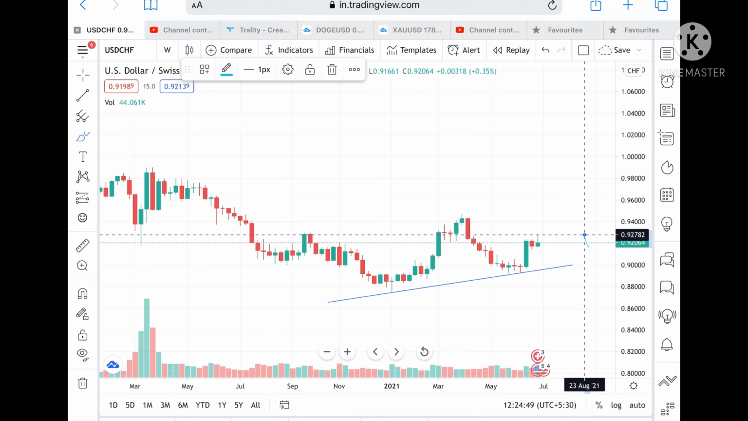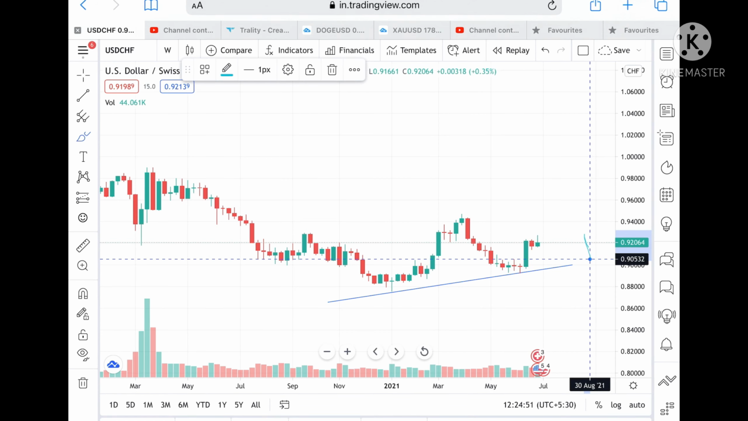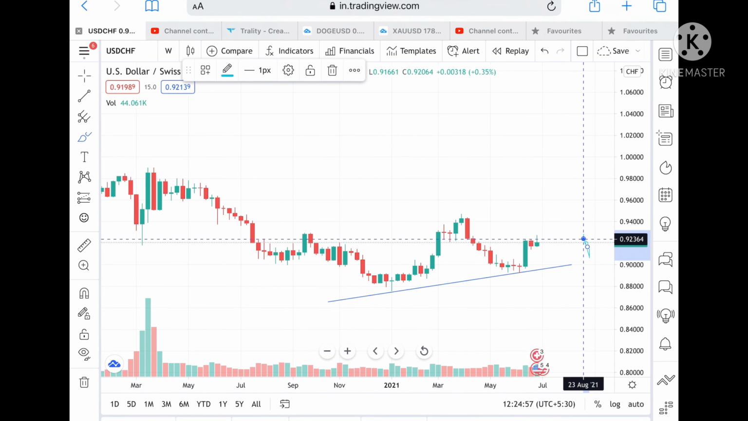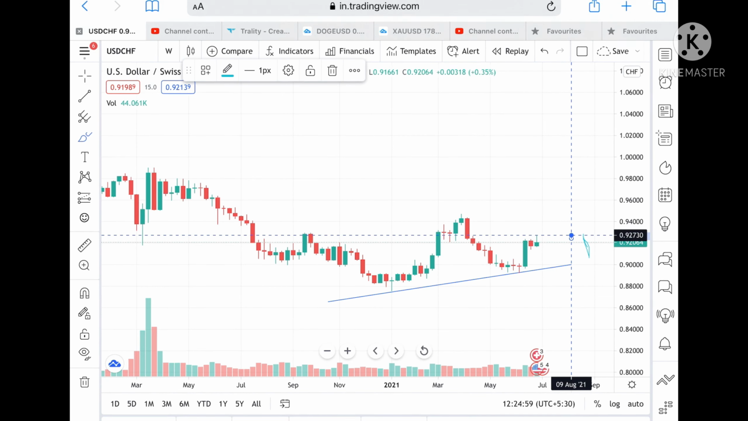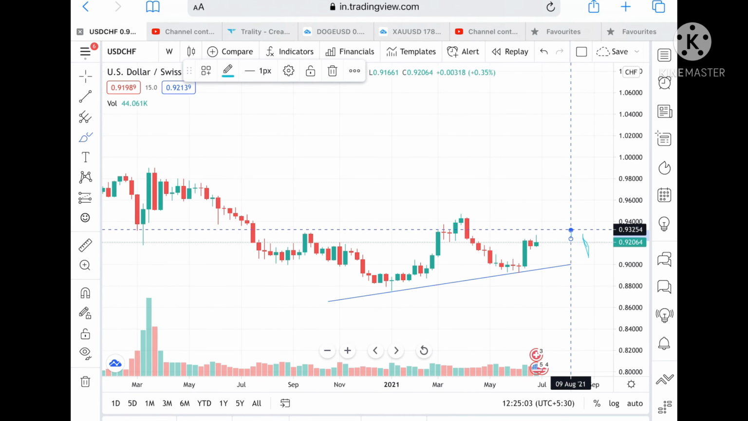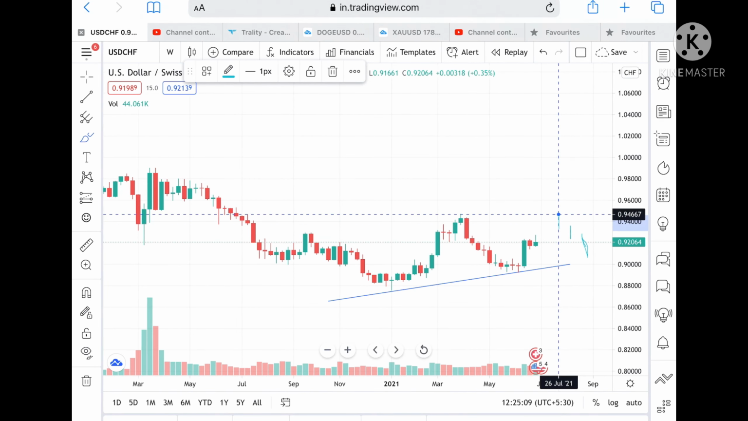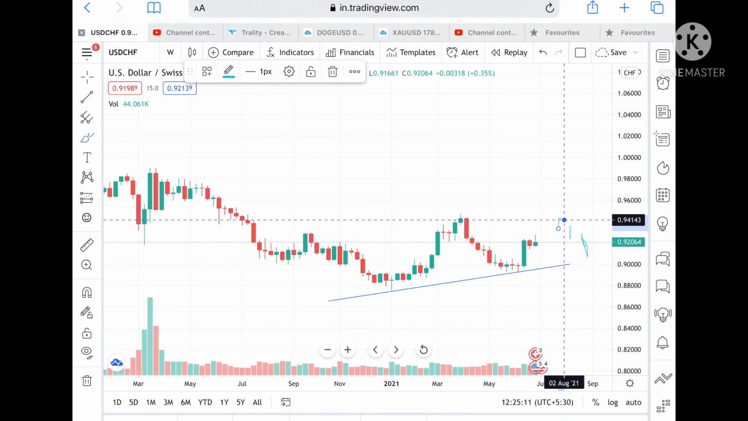Suppose if it goes above a level of 0.93674, then it can touch a level of 0.92730, and if it stays above that level, then it can touch a level of 0.93254, and from there it can touch a level of 0.93725, and if it stays above that level, then it can touch a level of 0.94143, and from there it can touch a level of 0.94667. Okay, but it has to stay above